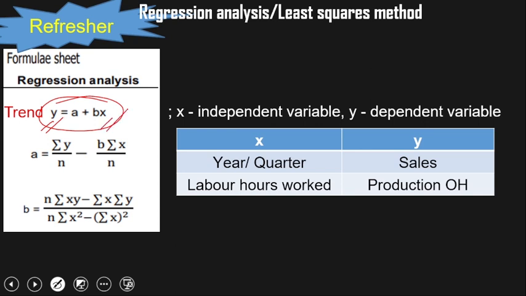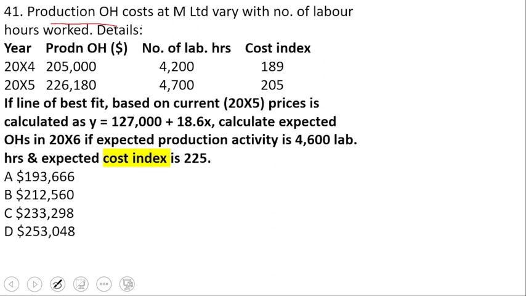Now let's start off with the question. Production overhead costs at M Limited vary with the number of labor hours worked. Production overheads vary with the number of labor hours worked, which means that production overheads is dependent on the number of labor hours worked, or production overheads is a y variable and number of labor hours is the x variable, or the independent variable. Further, they have given the year, the production overheads in dollars, the number of labor hours,